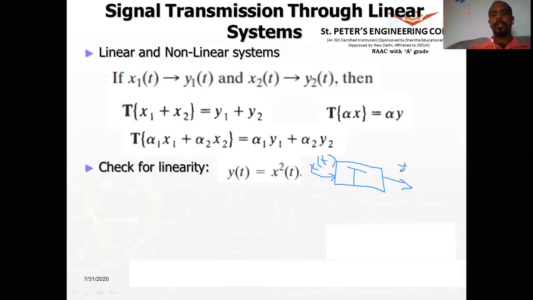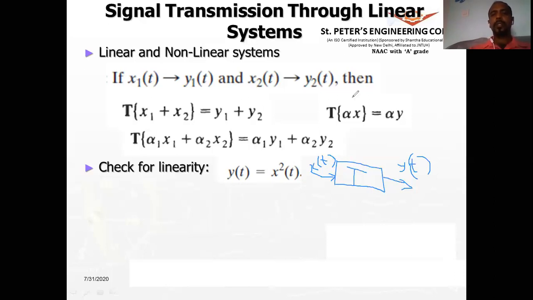Since we are dealing with a continuous time signal, we get this as x of t and y of t. Just for your understanding, I have written here. All right, so this is the system. Here x of t is the input, y of t is the output. But if you observe here, what has happened to the input? It has got squared. So what is the system operation? It is a squaring operation. It takes the input x of t, squares it and gives the output.